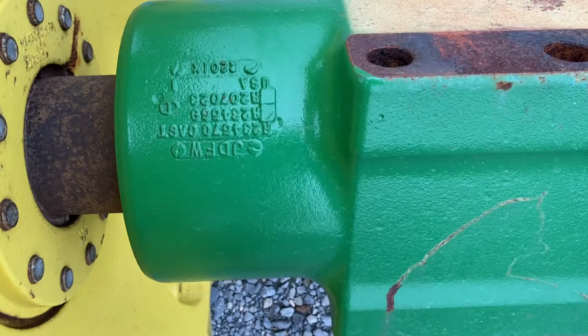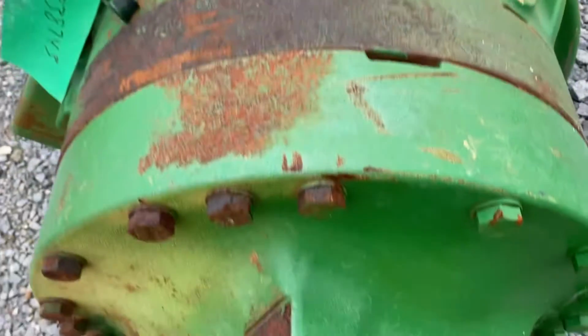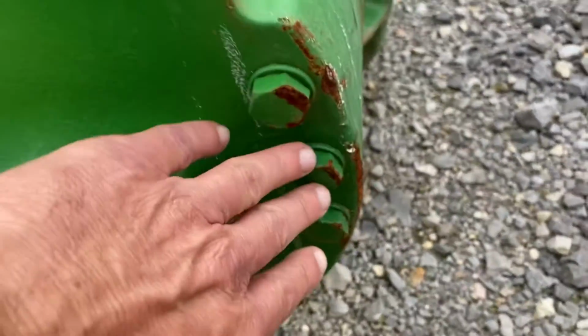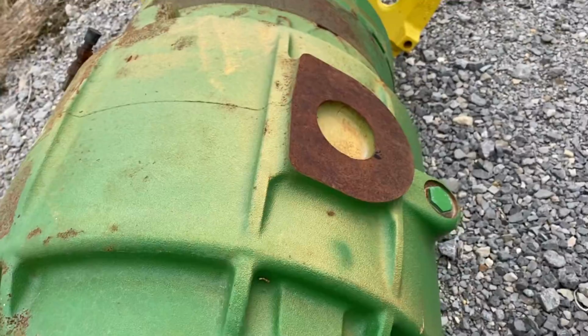Axle housing, it's going to have the bigger bearing on the end. The housing itself in the gear set is the same as what I'm going to show you next, but this here has 18 bolts, so the housing, it's a little beefier, the differential housing. So if we go and look at the